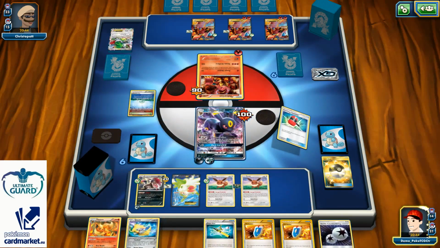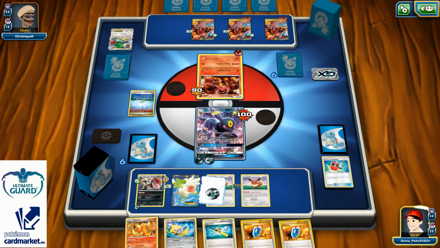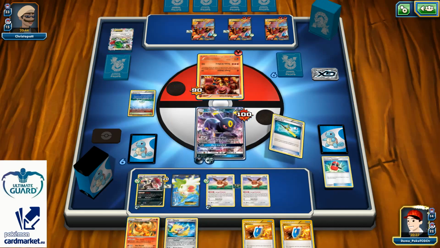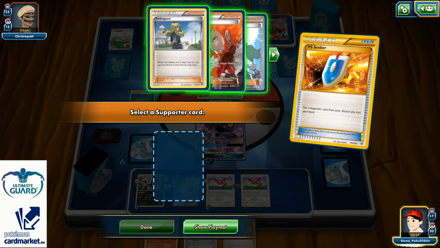And top deck is just a Crushing Hammer. Okay, not bad, but another Tails. So unlucky. That's gonna be double Colorless. That's gonna be definitely a Super Rod. Yeah, 4 Crushing Hammers, none of them was heads. A VS Seeker